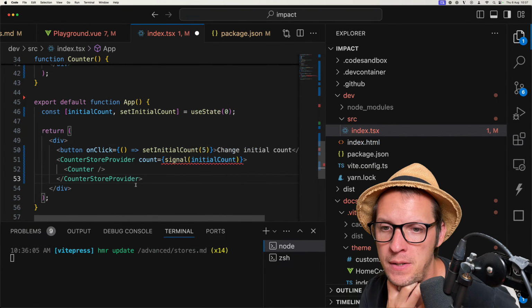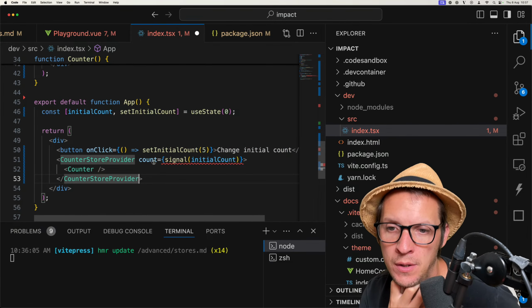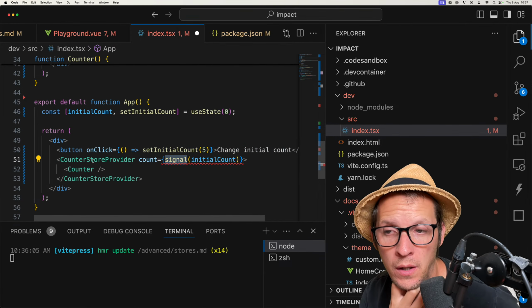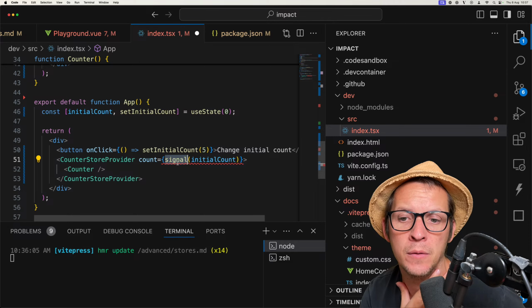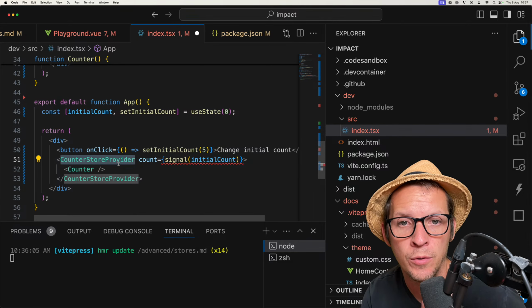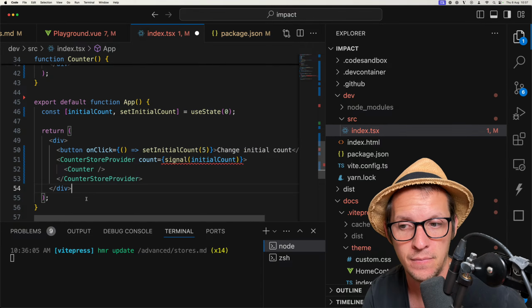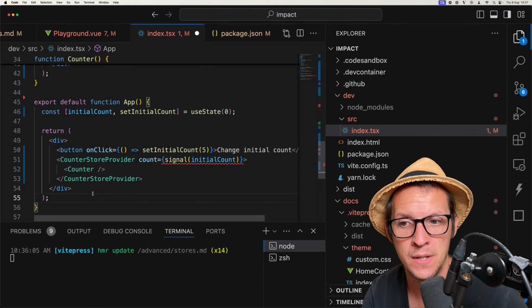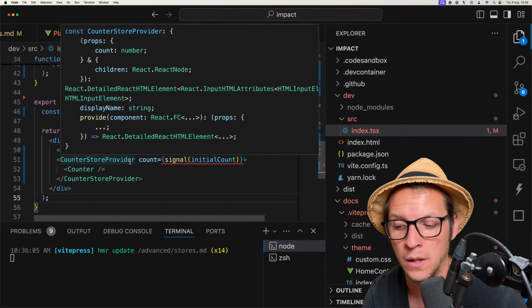We're explicitly saying we want this to be a signal. Now, what we do internally, every time this component reconciles, it will create a new signal, right? But what we can do internally in the store provider instead, and this wouldn't be a breaking change, is that internally it will